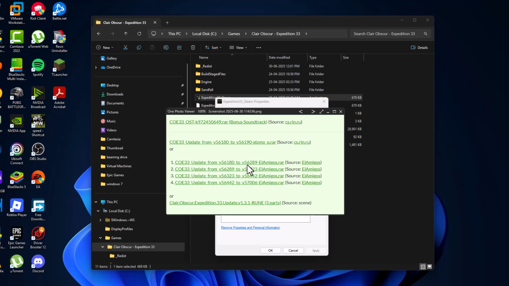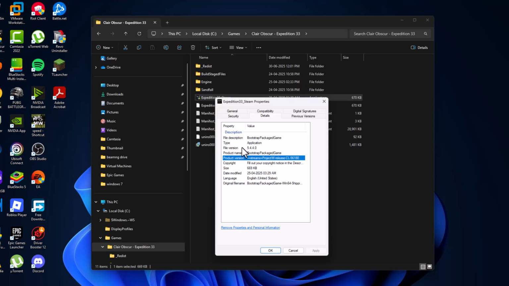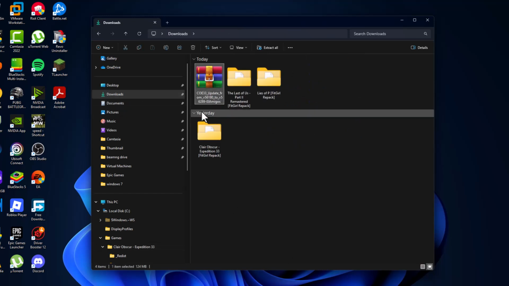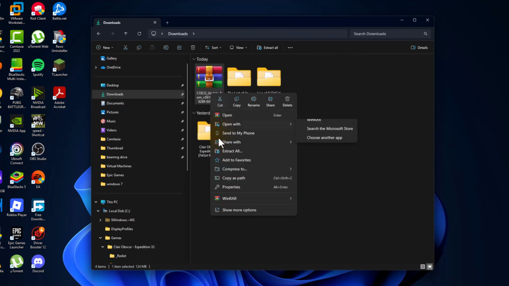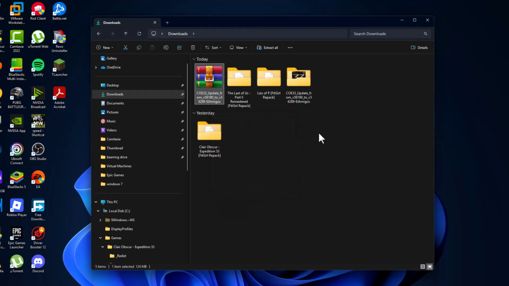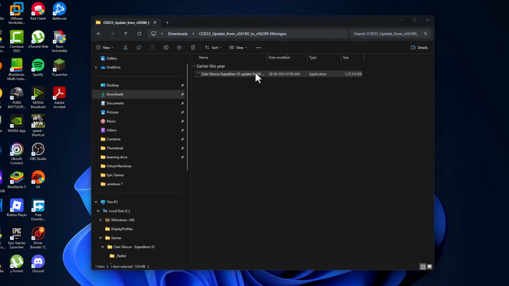So the first update I have is 56289. We are going to update it, and I'm just showing you guys the current version. Go to downloads, and here is the update I have. Just right click and select WinRAR and select extract to. After getting extract done, double click on the extracted folder, double click on the application,